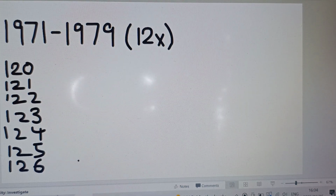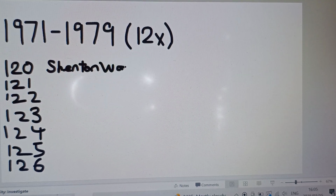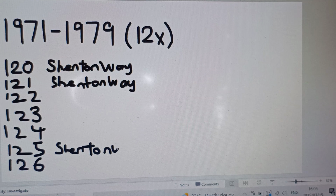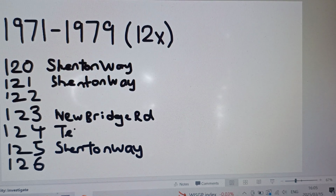So from memory, 120 was still Shenton Way. I mean, technically it used to be Prince Edward Terminal, but I'm just going to put Shenton Way so that you guys can understand better. 121 was Shenton Way, likewise for 125, it was also Shenton Way. 123 was New Bridge Road. 124, I'm just going to put Telok Blangah,